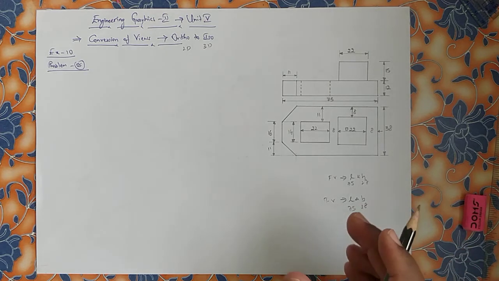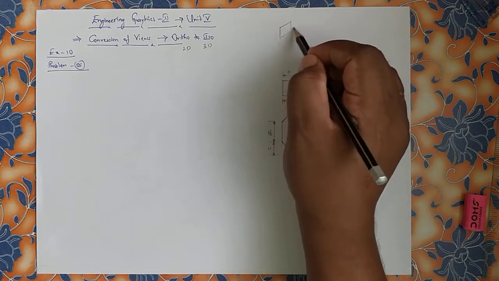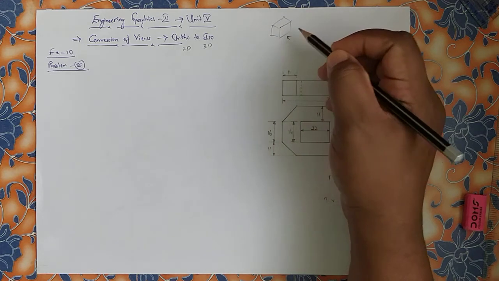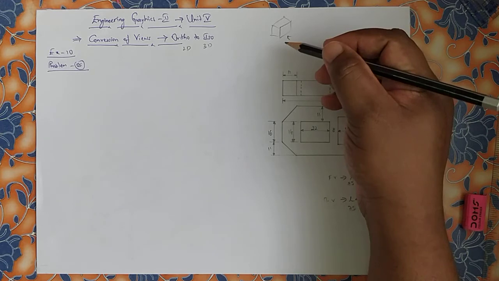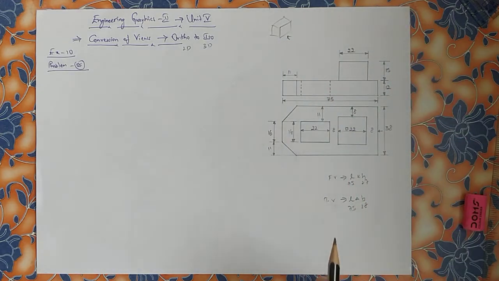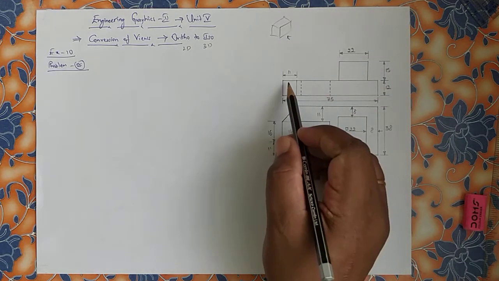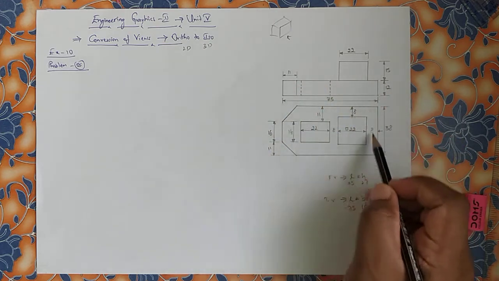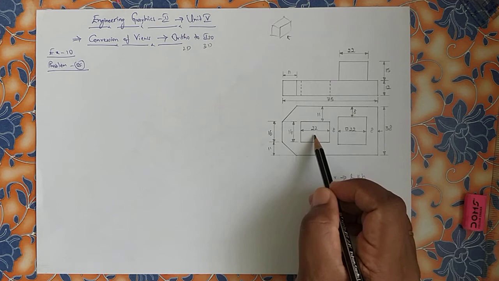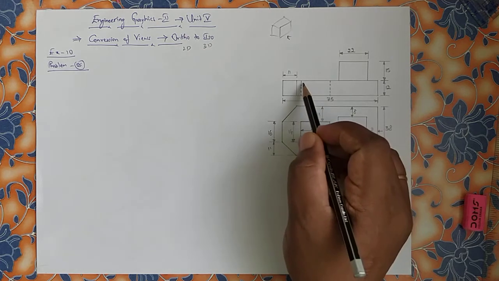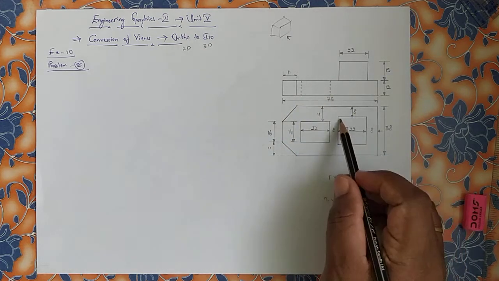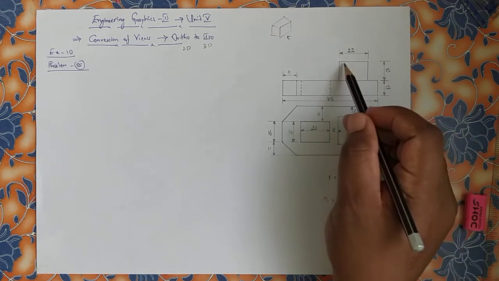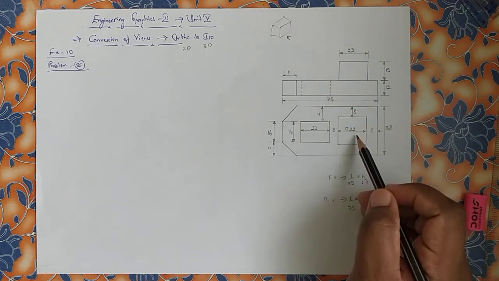Now as usual we will try to draw iso right, iso left, iso top. Front view as usual I will go with for right side. Now think here, if you observe in the front view at a height of 12, this is a block of the bottom surface. Now there is a through hole here, and here there is a block of square 22 at this top surface.